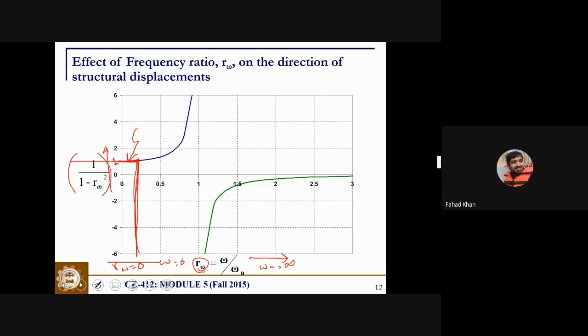But beyond about 0.2, if you look at 0.5, the amplification has now grown manifold,